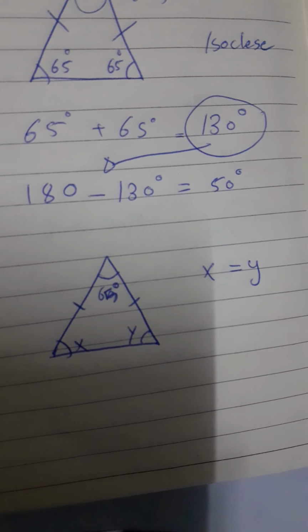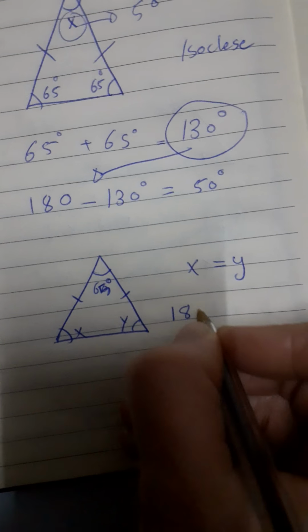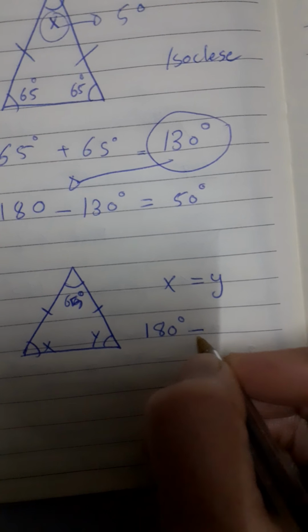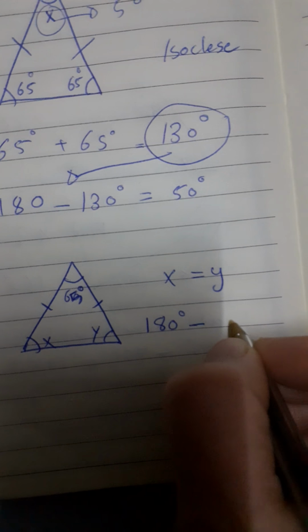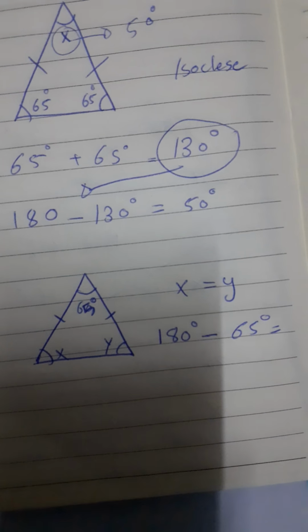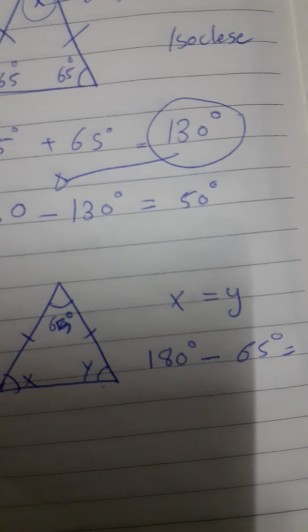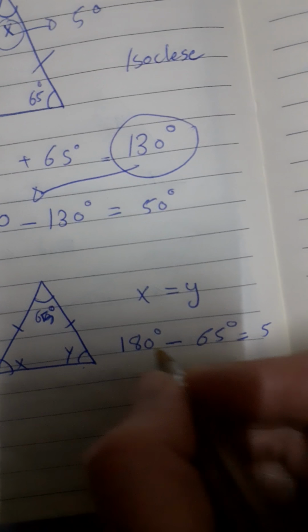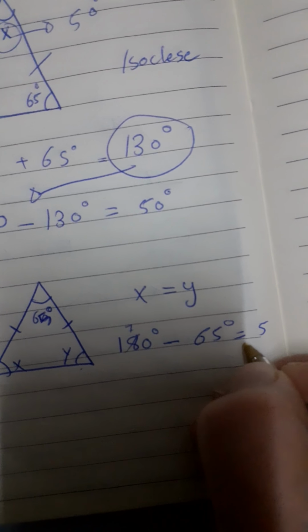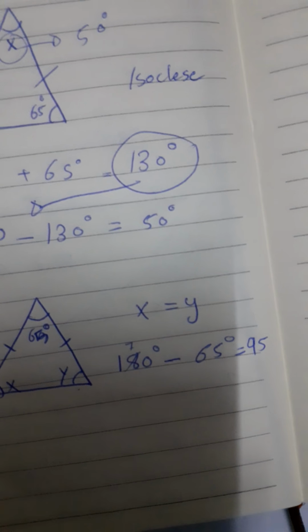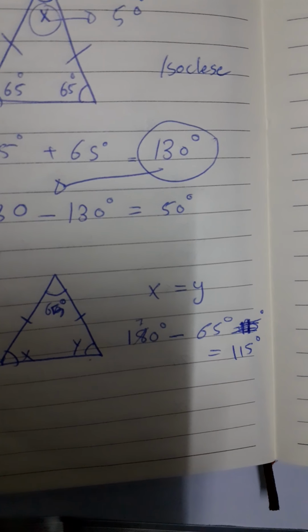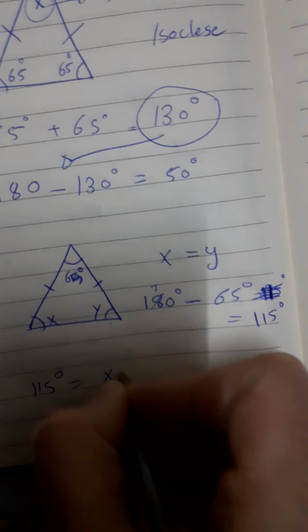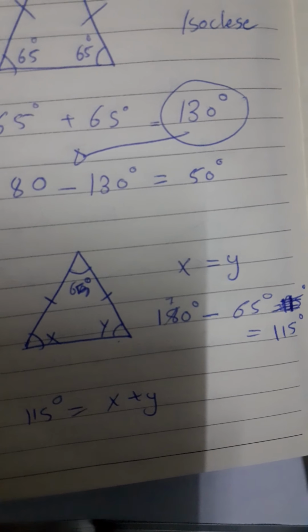So let's find the value of X and Y. Adding up all angles will give me 180 degrees. Then let's subtract 65 degrees from 180 degrees to give me the summation of X and Y. So 180 degrees minus 65 is, okay, that's 79? Is that right? Sorry, it's 115 degrees. Since 115 degrees equals X plus Y and X and Y are equal,